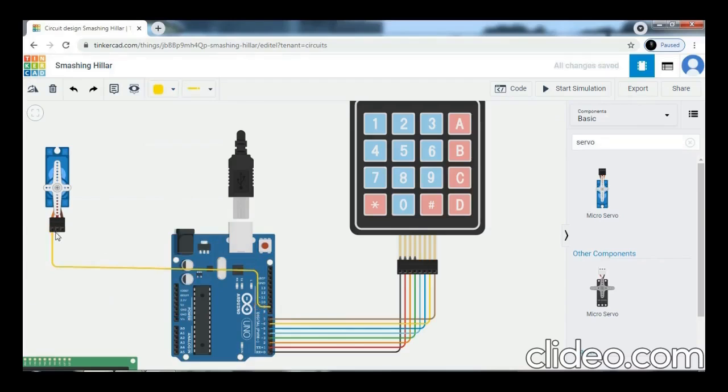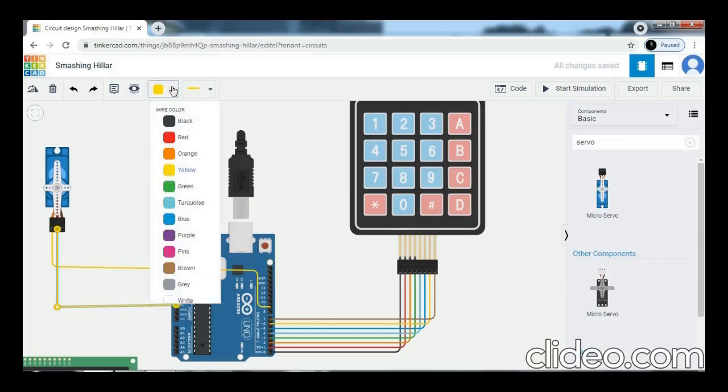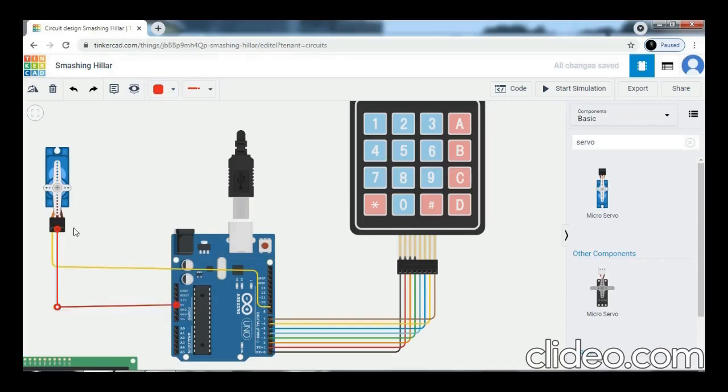Now we connect the power cable with the 5-volt pin and the color of this is red. After that the ground connection is connected with the ground of Arduino and the color is black. Now here the keypad connection and servo motor connection is done properly.